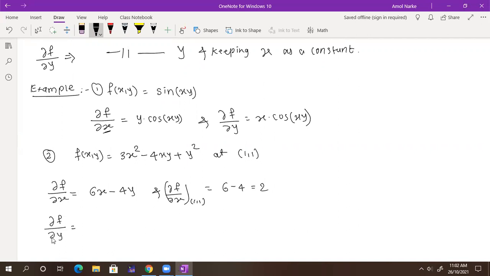Now you calculate del f by del y. Now tell me what it is. 2y minus 4x. You can say it in another way, no problem, that is also correct. So we find it in a straight way. First, its derivative is 0 because x is a constant. Here x is a constant, differentiation of y, so minus 4x came here in the picture, and with respect to y, it is 2y. So 2y minus 4x is also correct. And what is it at point 1 comma 1? Sometimes it is written in brackets, sometimes something like that, straight line at 1 comma 1. Minus 2. Minus 2, sir. Minus 2.